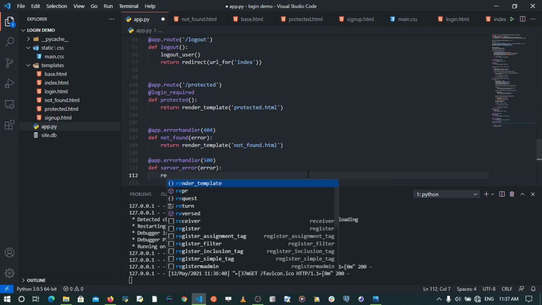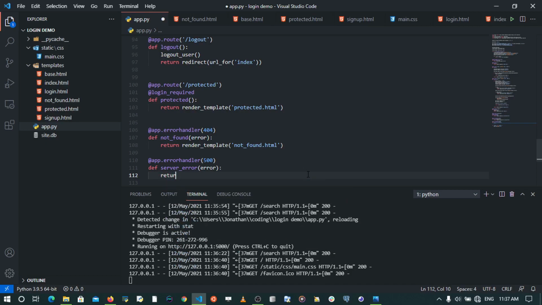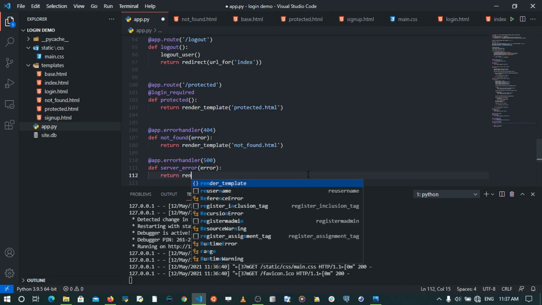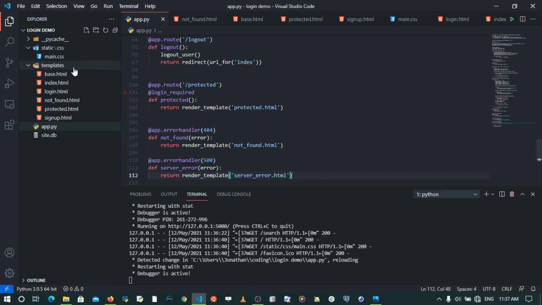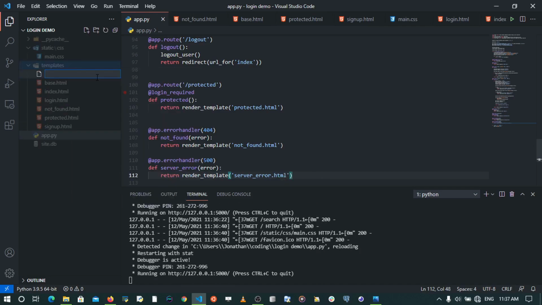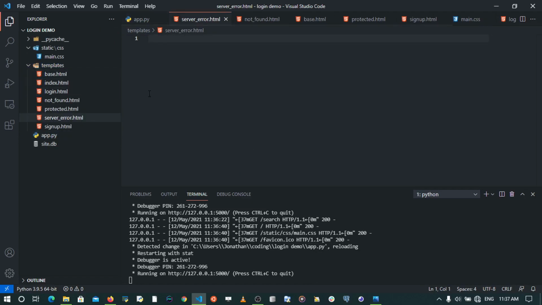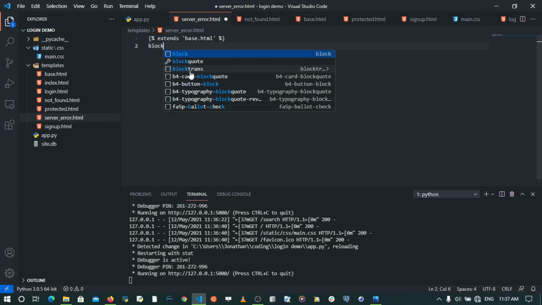And in this case, I'm going to return a template. So I'm going to say render template, then specify server error dot html. So I'm going to save this and then come just here and put a new file, which is going to be server error index.html. Now I'm also going to do the same, so I'm going to extend the base template